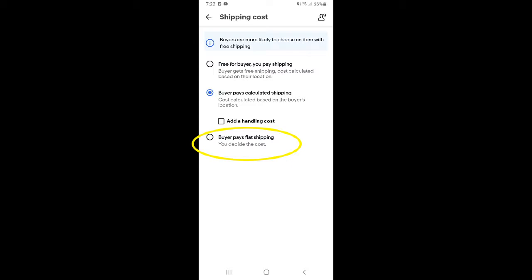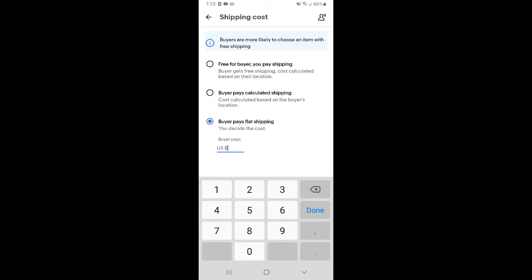Now, the last option here is buyer pays flat shipping cost. With the shipping service I selected, this is hard to determine because there was a range between $9 to $20 around there. And I'm hesitant in clicking the flat shipping cost because I don't want to charge only $9, but then have a buyer that lives 4 states away buy an item and it costs me $20 to ship. You know, I don't want to undercharge and I don't want to overcharge. I don't want to select this and charge, you know, $20 when the buyer lives down the street from me and it's only going to cost $9 to ship,